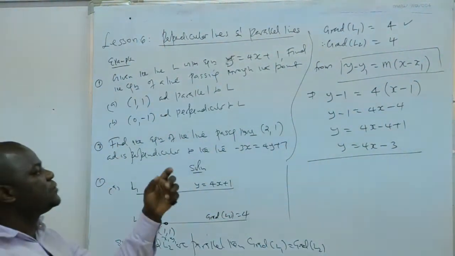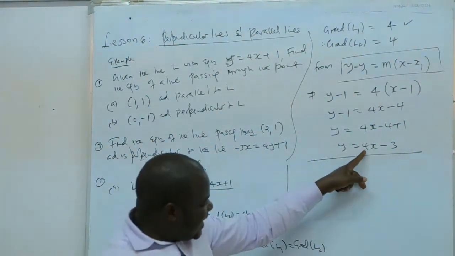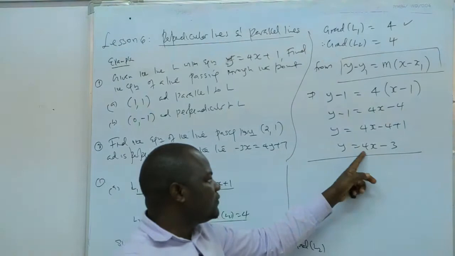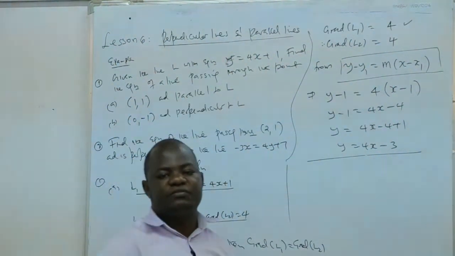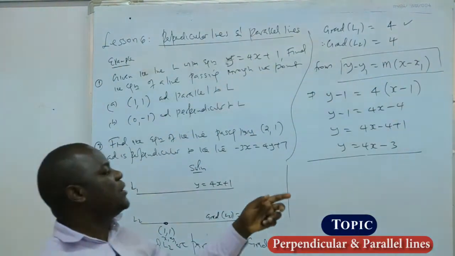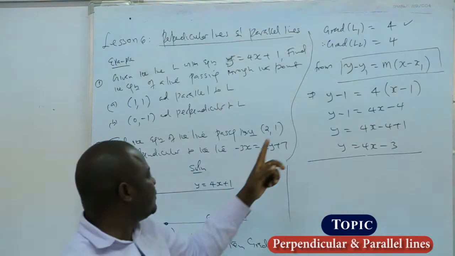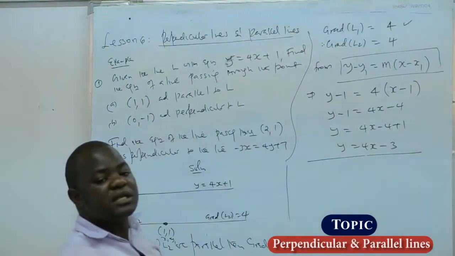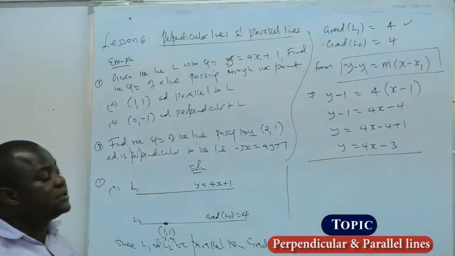Now, when can you say that you have failed? Should you get this answer when the coefficient of x is not the gradient of the line, that's when you mark yourself that you have failed, because the concept is that parallel lines have the same gradient. So the gradient here is the same as the gradient here, so these two lines are parallel. Good, that's how we do that question.